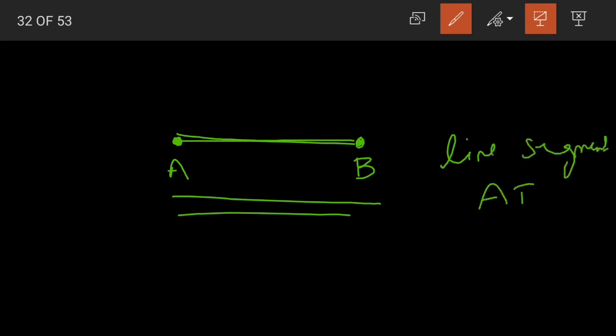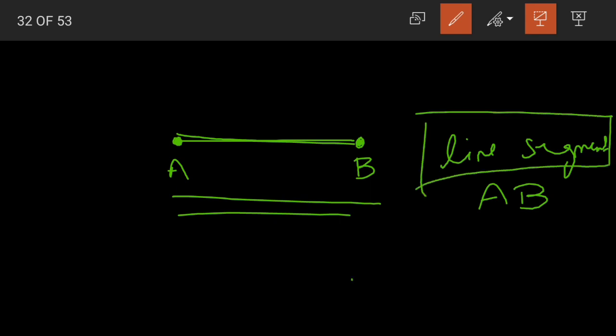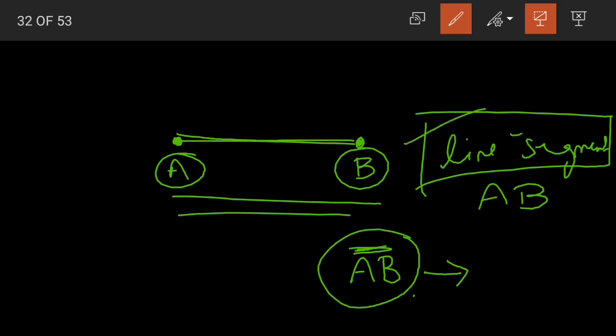What is this called as? Line segment AB. And instead of writing the whole words line segment, what you can do is write AB. That is the names of the end points. And above AB draw a small line like this. So this we read as line segment AB. Understood, children? This is like a short form. We write AB and above AB we draw a small line. It is read as our line segment AB. I hope this is clear, children.